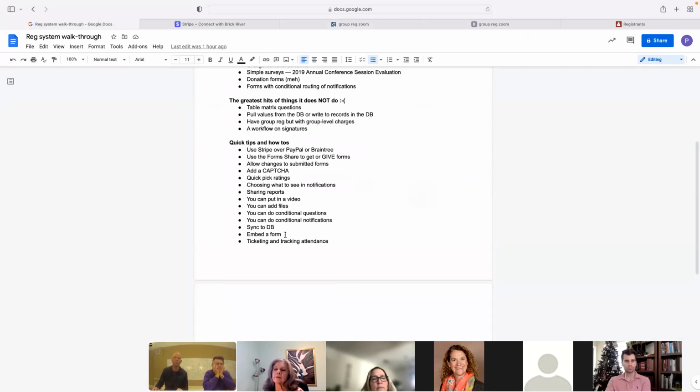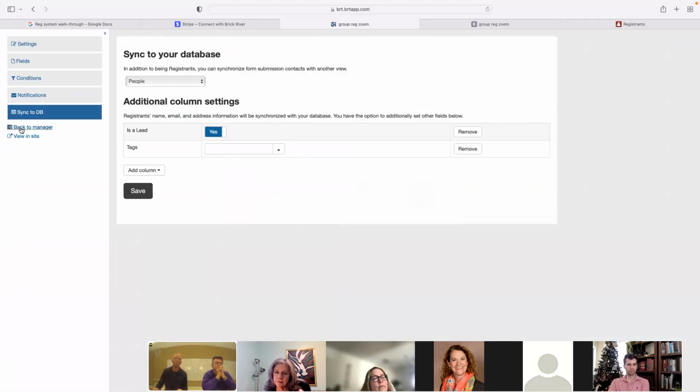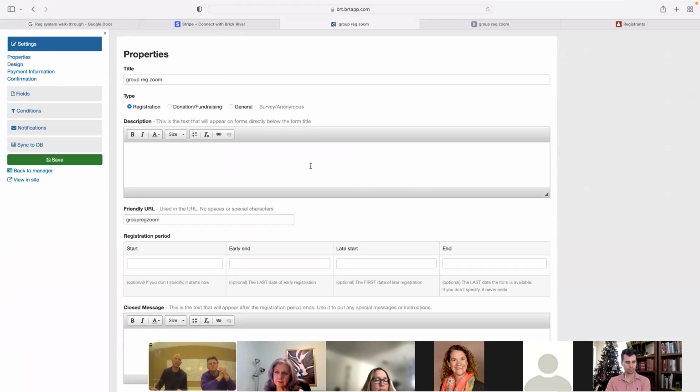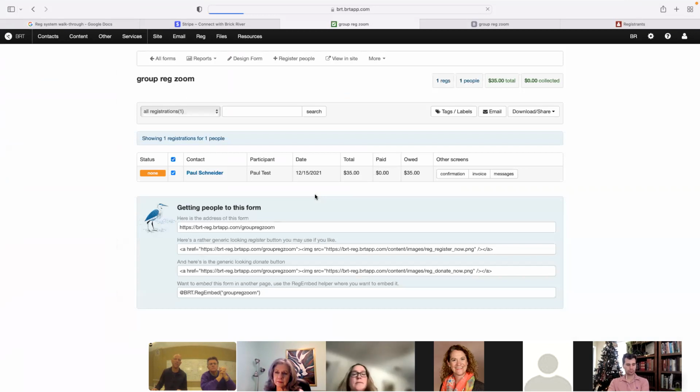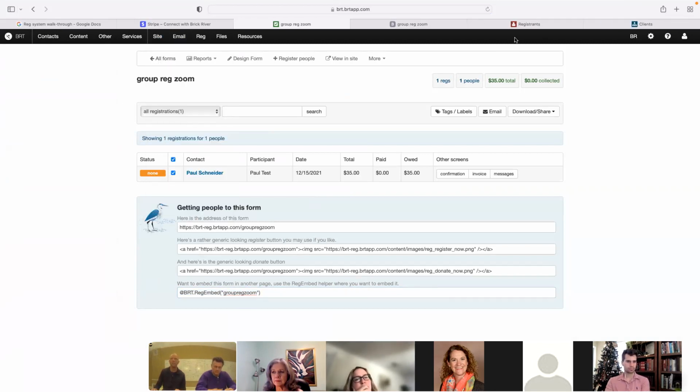Embedding a form. Maybe you want to take a form and put it onto a web page. Maybe this form we want to put on a web page. So what I'll do is go to settings. No, I'm sorry, go back to manager. Want to embed this form in another page? Use Reg Embed Helper where you want to embed it. You have to have the website on Brick River, but you can copy this, and I could create a new page